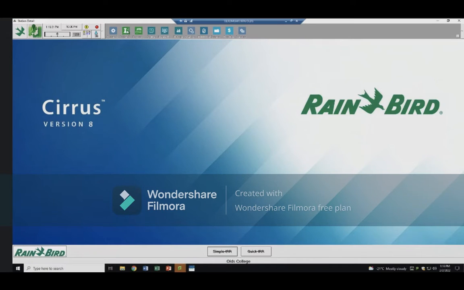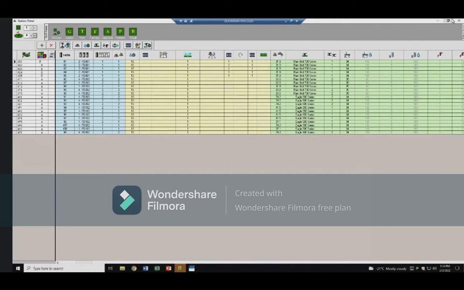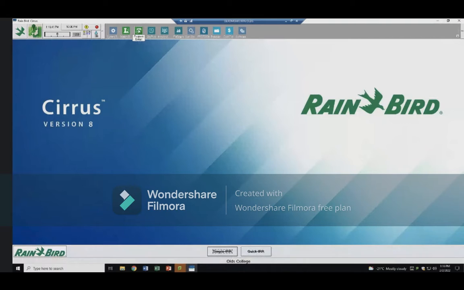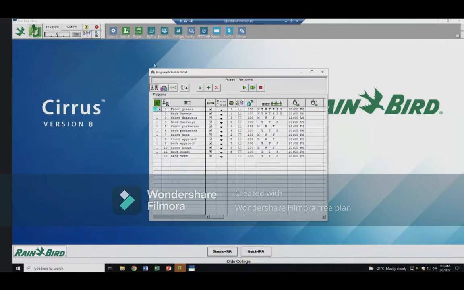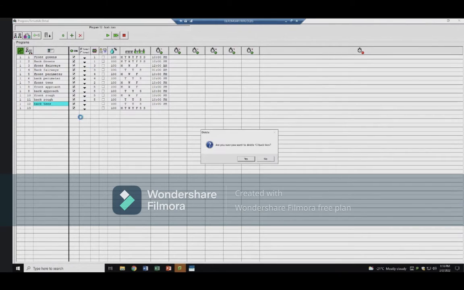Once you've completed your station details, which has all of your stations on each hole, you will then click on the program details, which is beside station details, and this will give you all the programs you can write on here. So I'm going to start by making a new one for the back tees because I didn't have that. So here I'll click and I'll type in back tees,